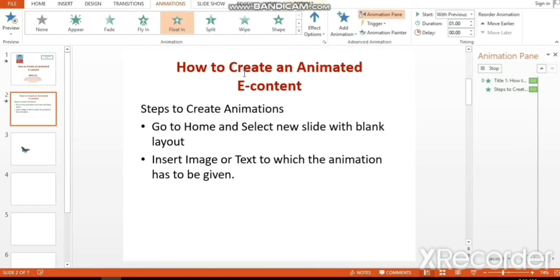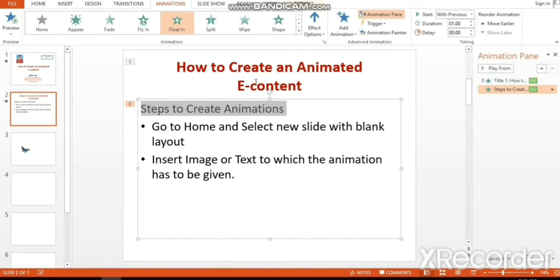If you give With Previous, it will come along with the title. If you want this sentence to appear after the title, then you have to select After Previous. So go to preview show. You will see this sentence will appear after the title.